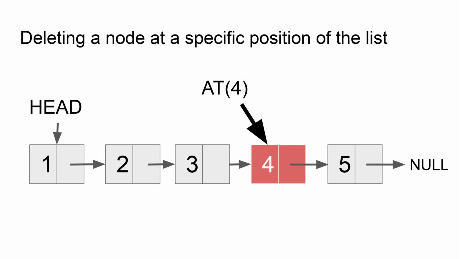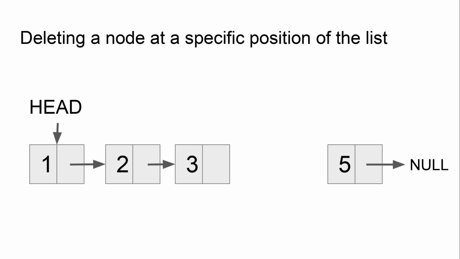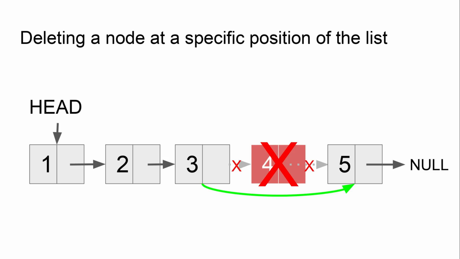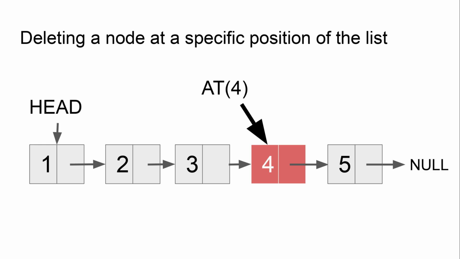Now for demonstration purposes, I will show you how to delete a node at position 4. So simply deleting it will not do it. We need to also delete its linkage with the list. But it will leave an empty space after going away. That's why we also need to join the two sides of the list with each other. Now let's see the steps for deletion at position 4.